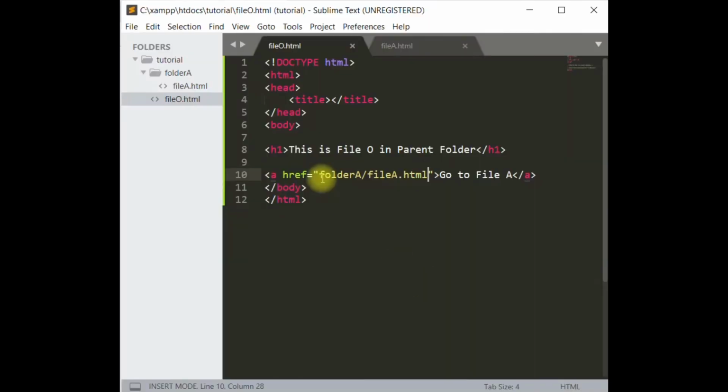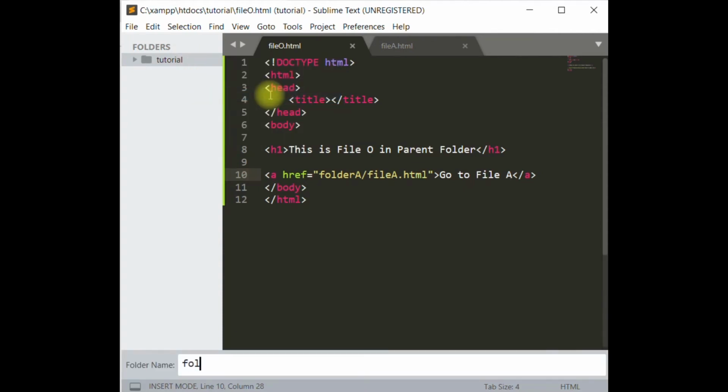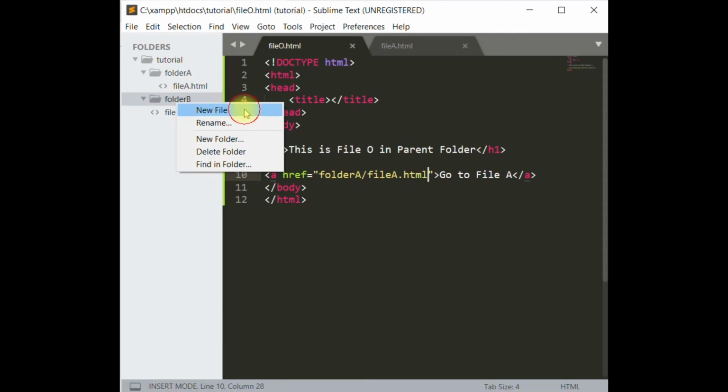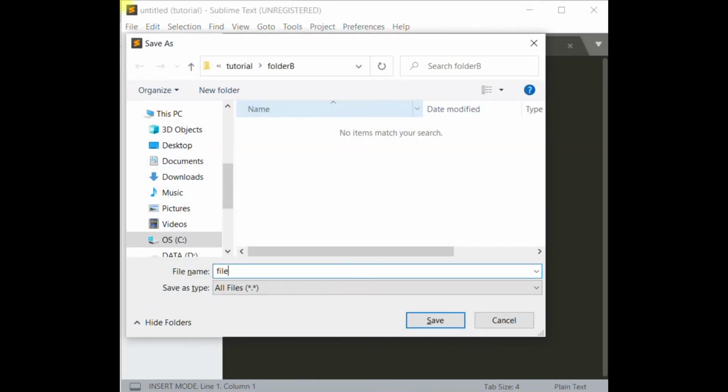Now again I will create a new folder in the parent folder and name it folder B. In this folder B which is now empty, I will create one more file and save as file b.html.